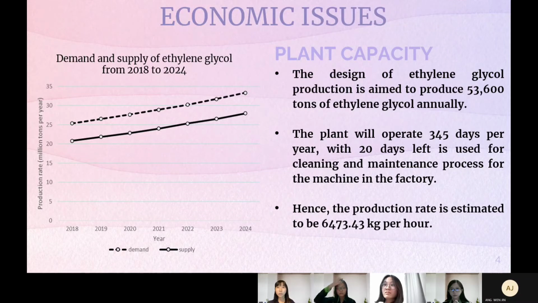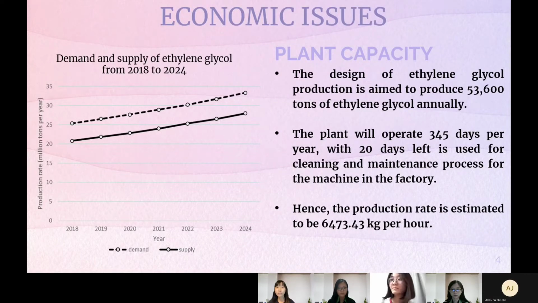For economic issues, the figure shows the demand and supply of ethylene glycol from year 2018 to 2024. Since ethylene glycol has many usages in industry, its demand and supply gradually went up from year 2018 to 2024. The design of ethylene glycol production is aimed to produce